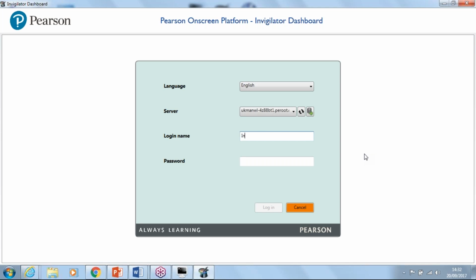So my login name, Invig1, and then the password that I created as well. Just remember, going back to the Administrator dashboard, you create the login for the Invigilator. If for any reason you forget the password, you can change it on the Administrator dashboard. So if I click login,